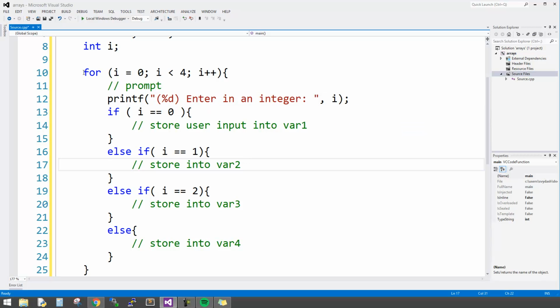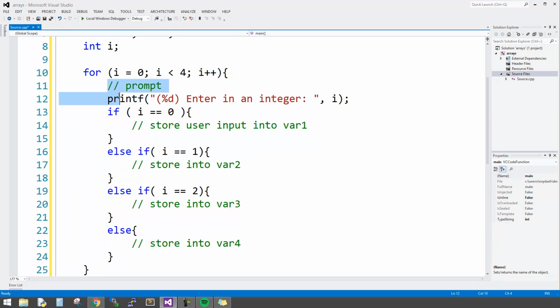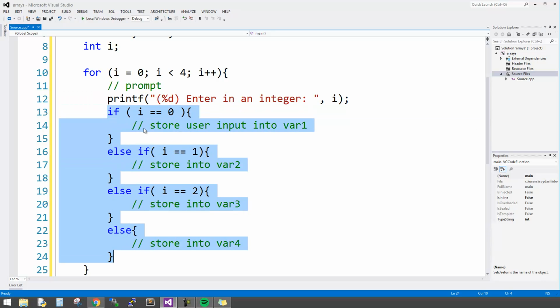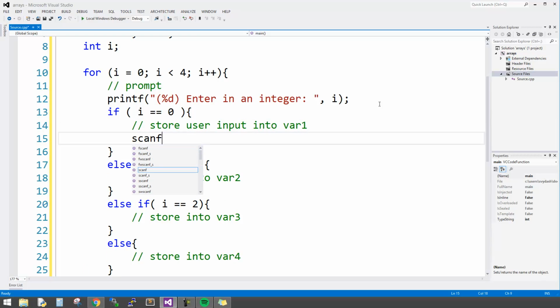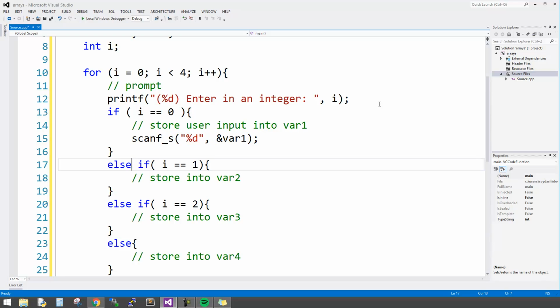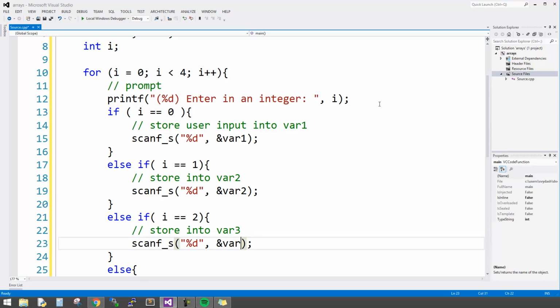The way this works is when it first enters with I equals 0, it's going to ask the user to enter in something, and then based off of what the value of I is, we're going to get into either here, here, here, or here. And at that point we want to do the scanf. So let's do that. We're going to take in an integer and store it, don't forget your ampersand, into var1 here. Now we can copy it, paste it here, and change it to var2, var3,